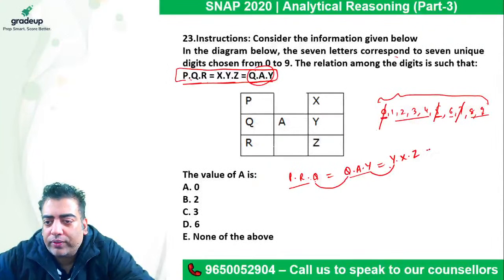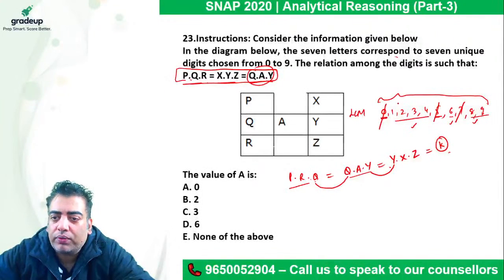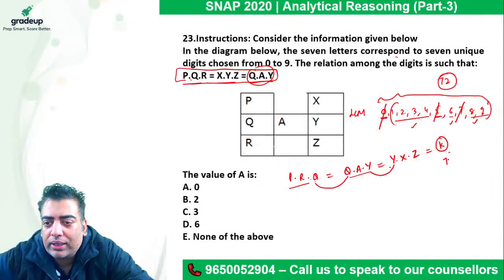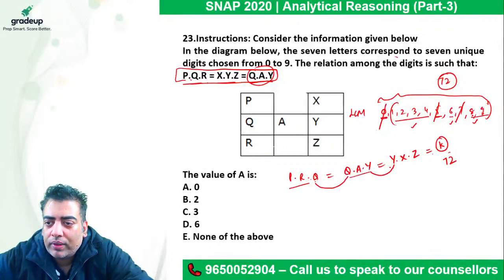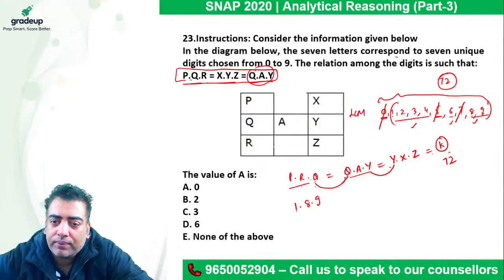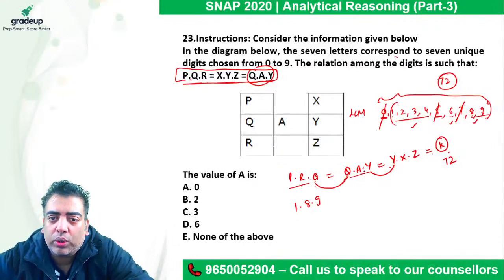Which means if the product of these values is k, so k must be a common multiple of all these. So we just need to take the LCM of all the values, which comes out to be 72. The moment you got that their product is 72, then wherever you place 9 and 8, or wherever you place 1, so if I choose 1 to be here, the other two values have to be 8 and 9. Now I just need to focus on which value will be common here. If we keep 1 as common, again 8 and 9 have to be there and you cannot repeat the values. So 1 is not common.